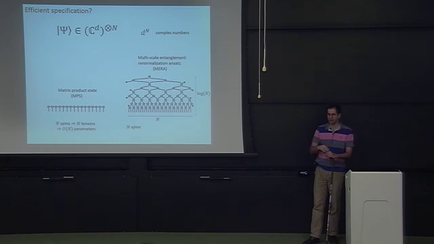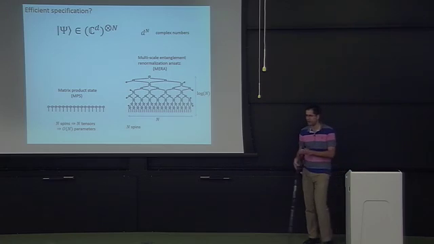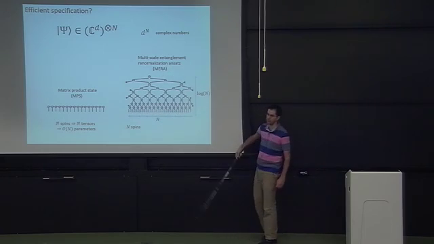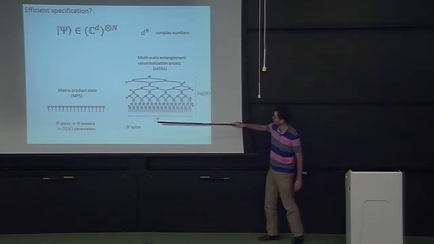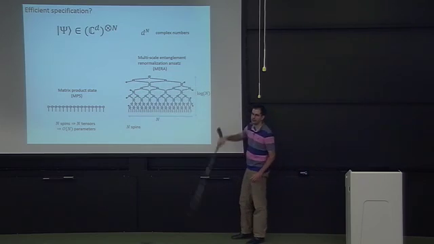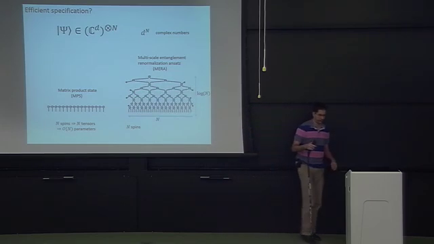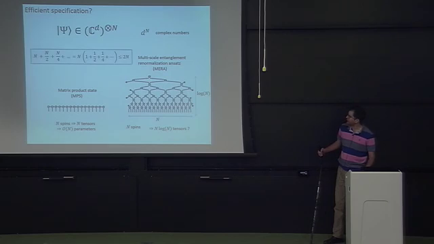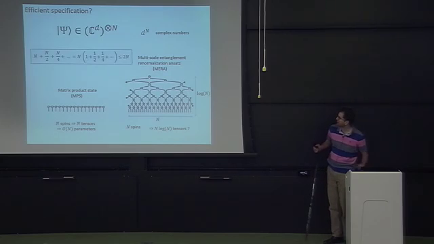Okay, so a good guess would be n log n. That's because it looks like n in this direction, log n times. But if you count them carefully, then you realize that actually not all the layers are contributing as many. So let's count this more carefully. We have n open in the system there because we're trying to describe a system with n spins. So yeah, n log n tensors, and actually it's almost true, but if you count them carefully, you'll realize there